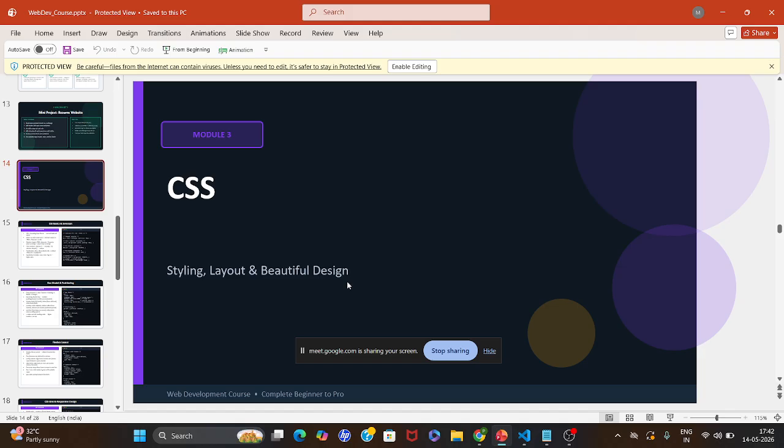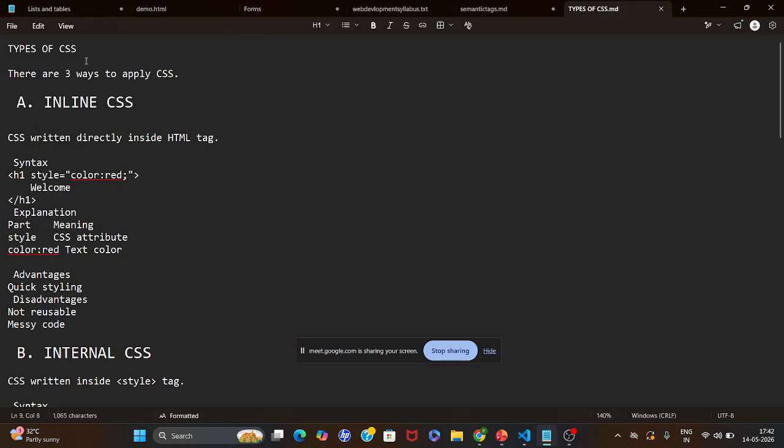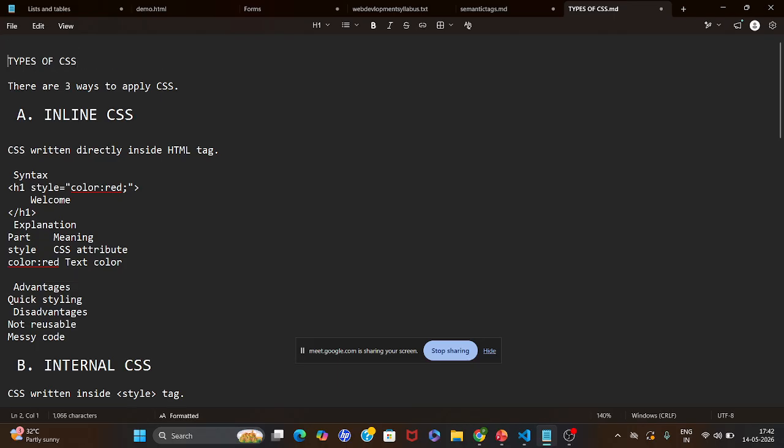CSS stands for Cascading Style Sheets. It is used to style web pages, like adding colors, changing fonts, and creating layouts. For the sake of making websites more attractive, we are using CSS. First, let me introduce what CSS is and why we use it. There are three types of CSS. First, let me write